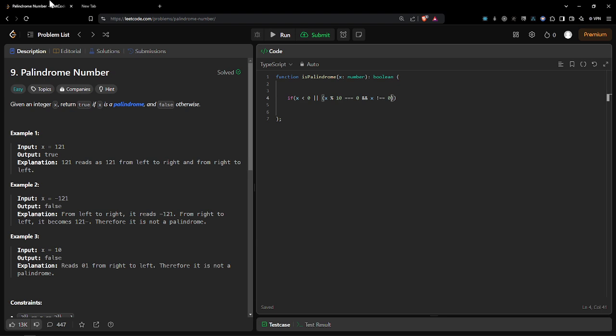So I'm checking that x is not equal to 0, that it is a legal number and not a two-digit number like that. At this point, we simply have to return false. So we have found our constraint here. Cool, this is for the constraint.